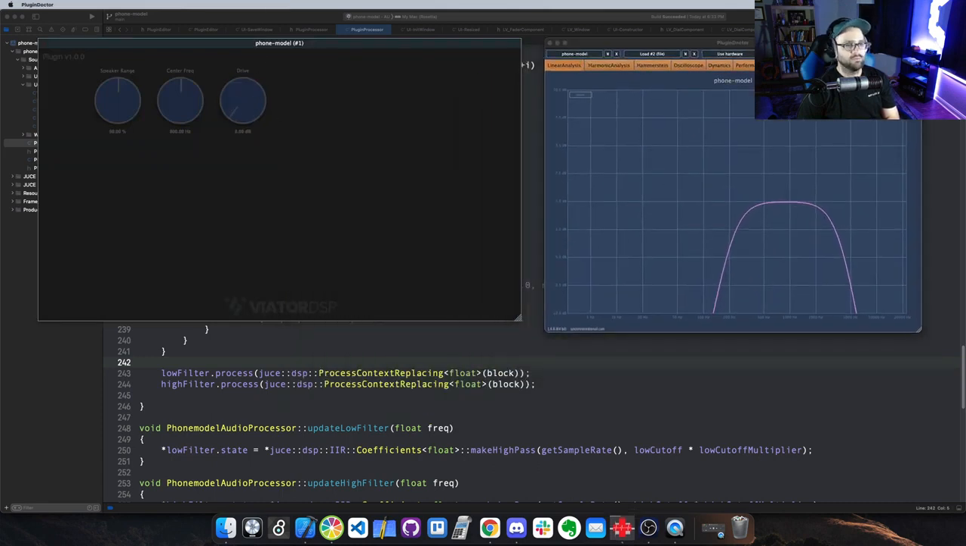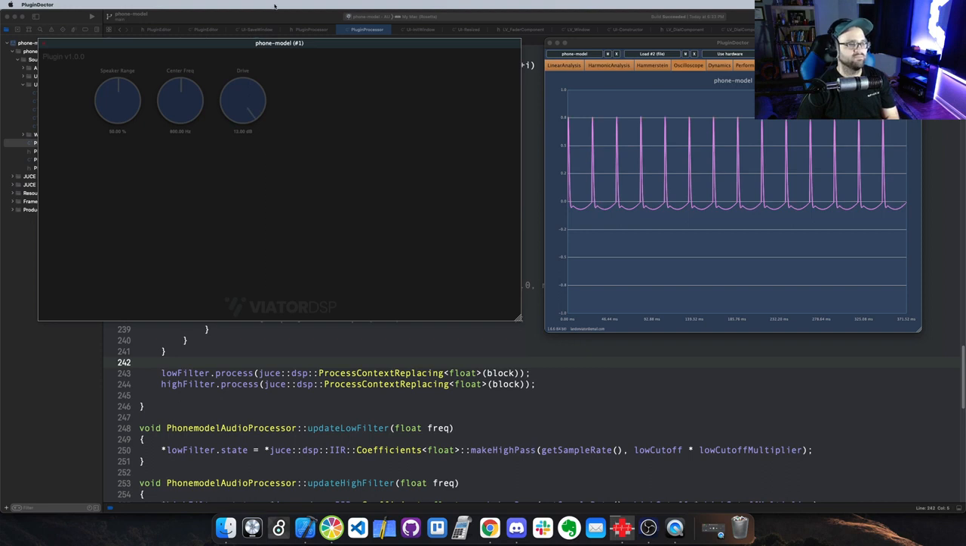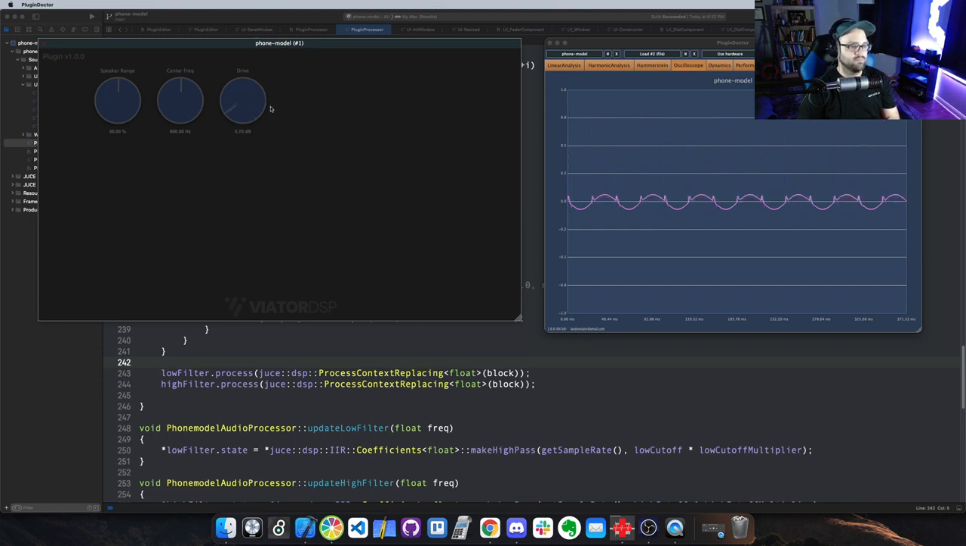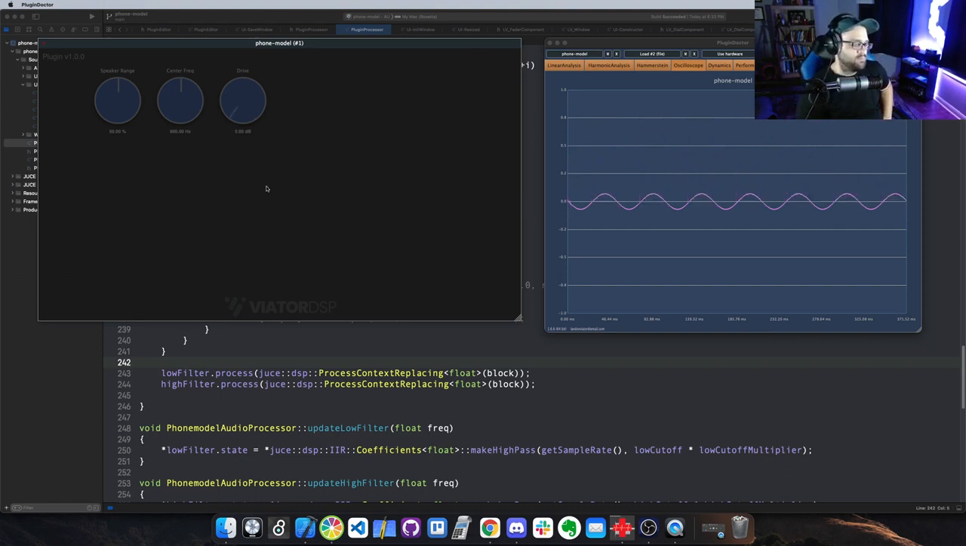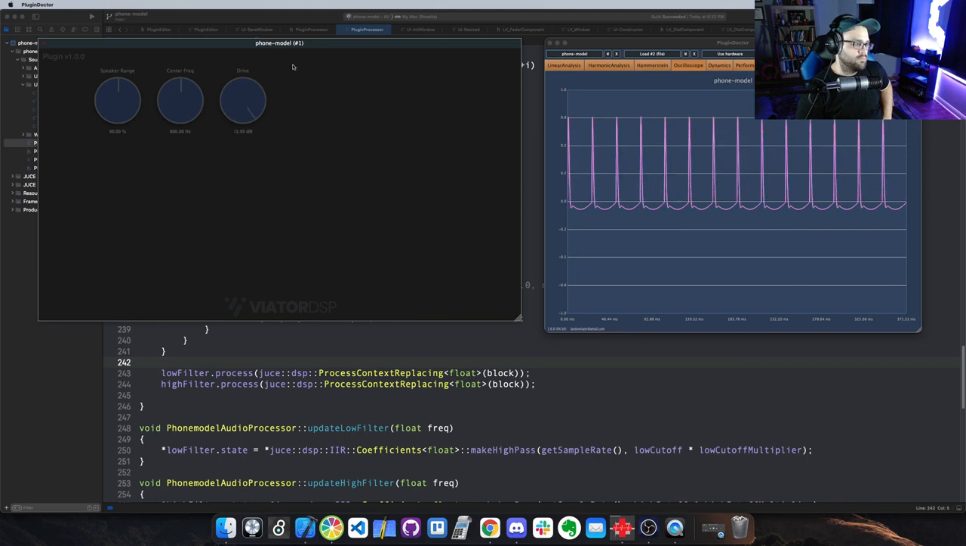Okay, so we're good. If we go to the oscilloscope, that looks pretty crazy, but it's only going up by 0.8. Oh, this is loudness. Okay. Well, that's pretty bad. So what do we need to do? We need to scale it, or we need to multiply it to where... what do we need to do? We need,